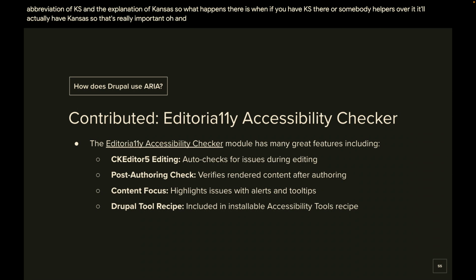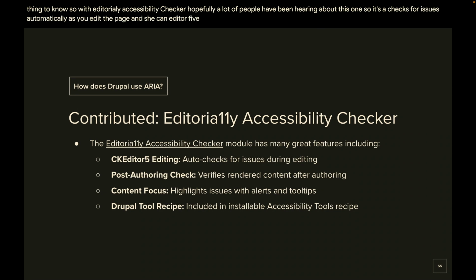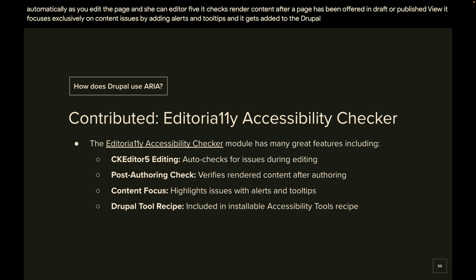Oh, and I believe with screen reader users, that'll actually get read aloud. That's an important thing to know. So with Editoriale, accessibility checker, hopefully a lot of people have been hearing about this one. It checks for issues automatically as you edit the page in CKEditor 5. It checks rendered content after a page has been authored in draft or published view. It focuses exclusively on content issues by adding alerts and tooltips, and it gets added to the Drupal CMS Accessibility